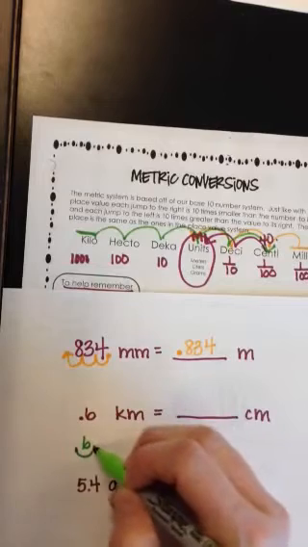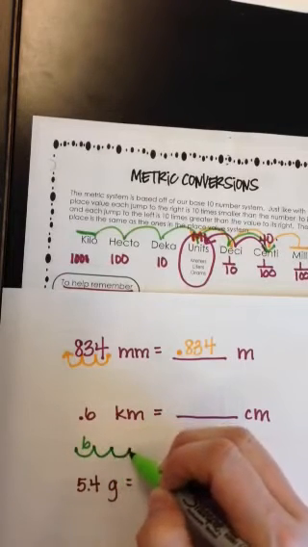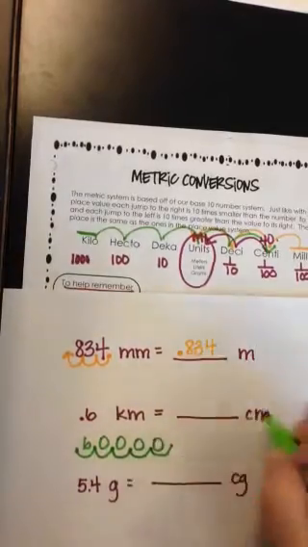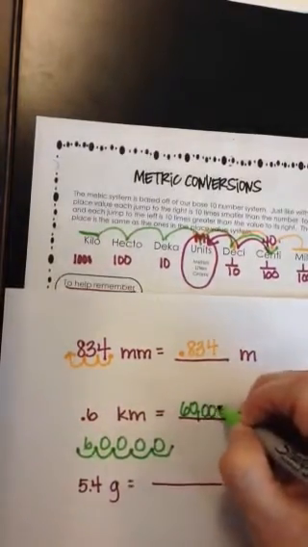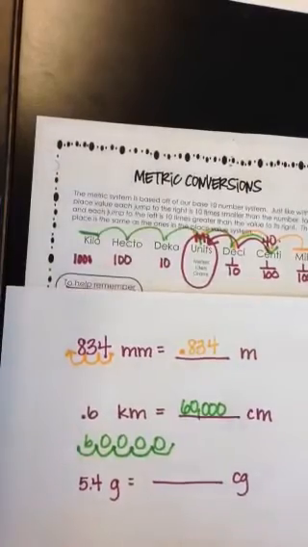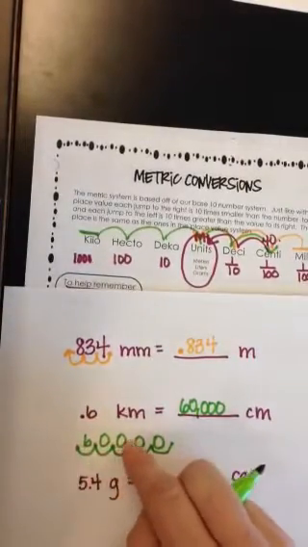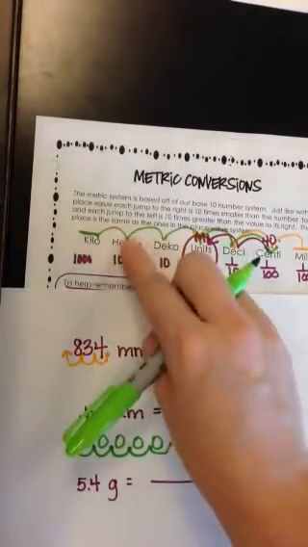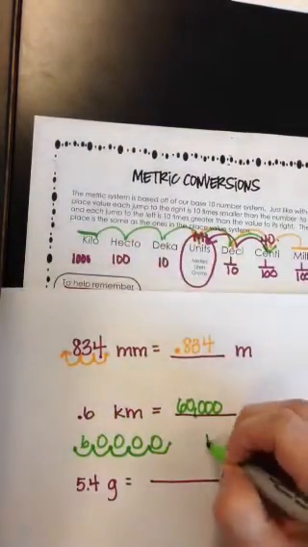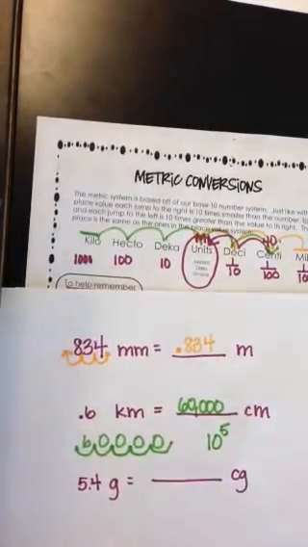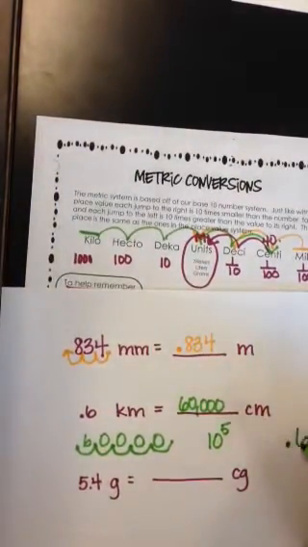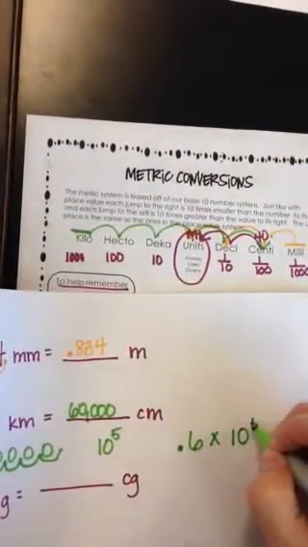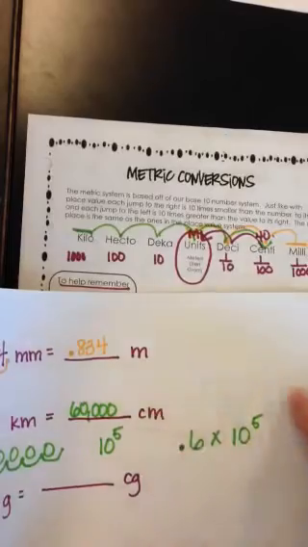So there's 1, 2, 3, 4, 5, and I'm going to fill in my zeros. So it is 60,000 centimeters. Now, remember that every time we jump, we are multiplying by a power of 10. So because it is 1, 2, 3, 4, 5 jumps, we're really multiplying by 10 to the 5th power. So again, this problem is really 6/10 times 10 to the 5th power,